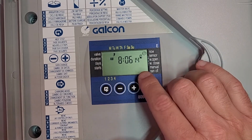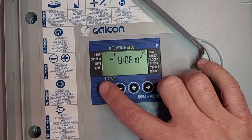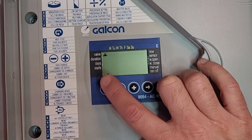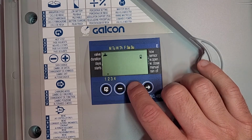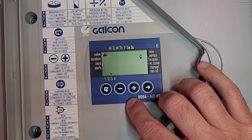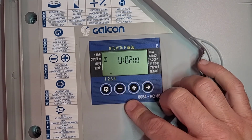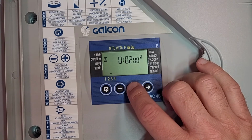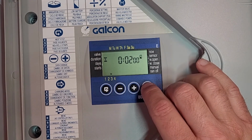Let's go ahead and set valve number 3. So there's valve number 2. And then we're going to right arrow to start it flashing. We're going to valve number 3, and we're going to hit enter. Now we know we're on valve number 3. Now let's see what we want to do on valve number 3. We want to edit,